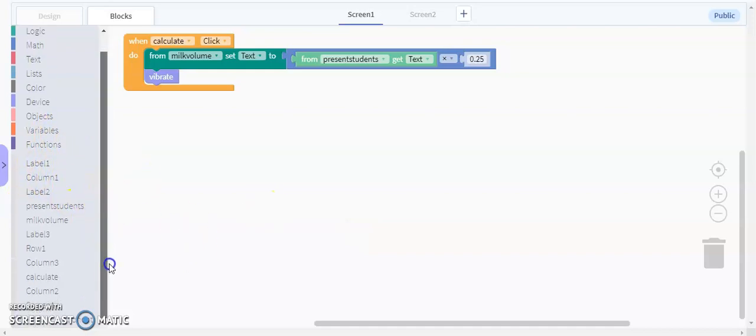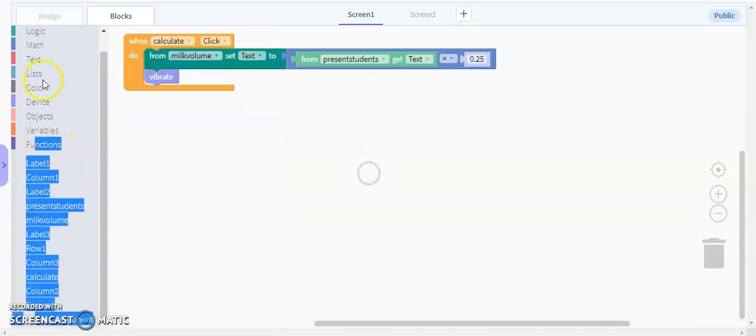Over here we have all of the columns, like column 3 calculate, column 2 screen 1, label 3, row 1, volume present students, label 2, column 1, label 1, etc. You can make many of them, so that's why I have put etc. at the end. So over here at functions, your things start at what you want to do.